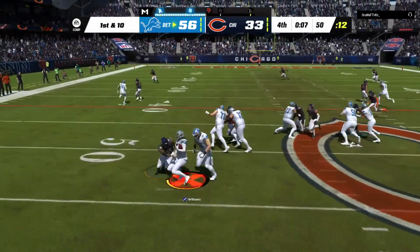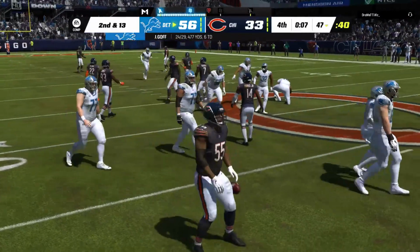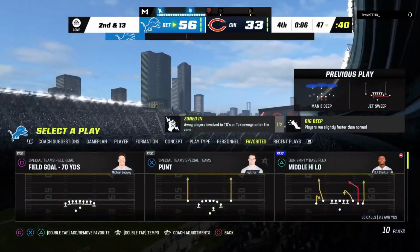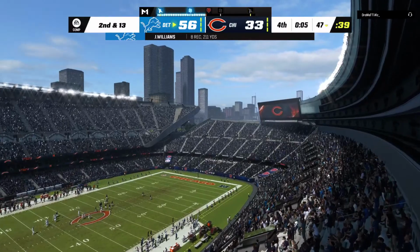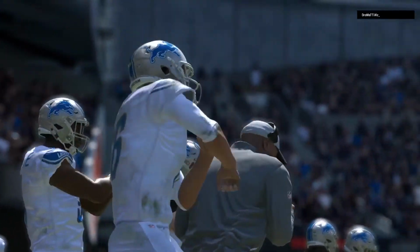They'll start out here with a jet sweep, and he is going to lose yardage here. He was brought down by Al-Quadin Mohammed. Charles